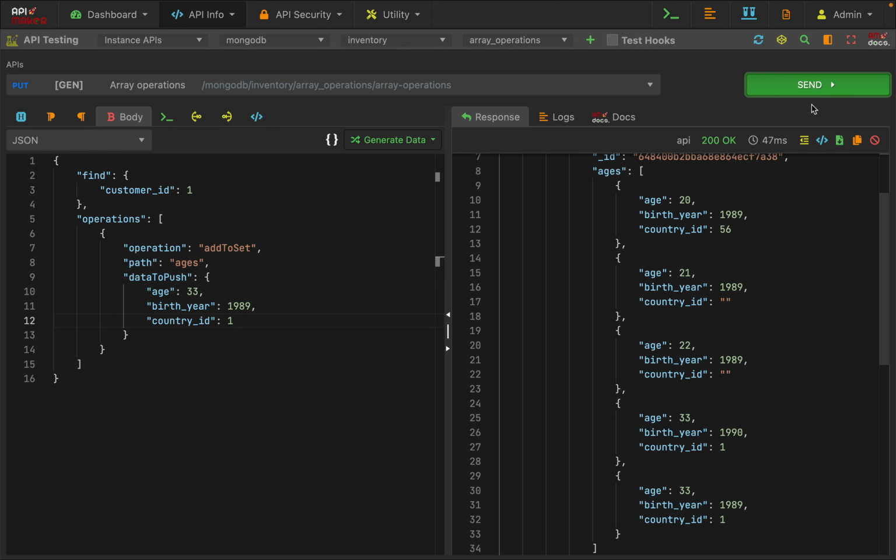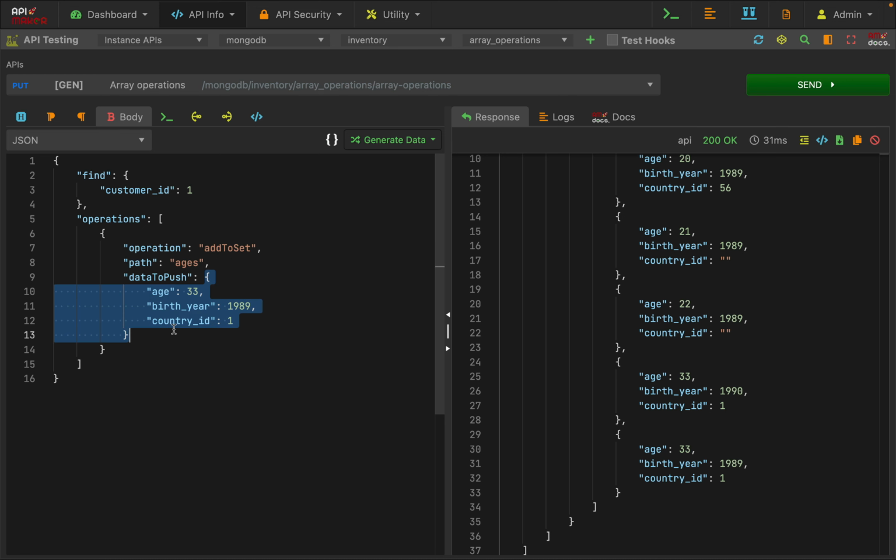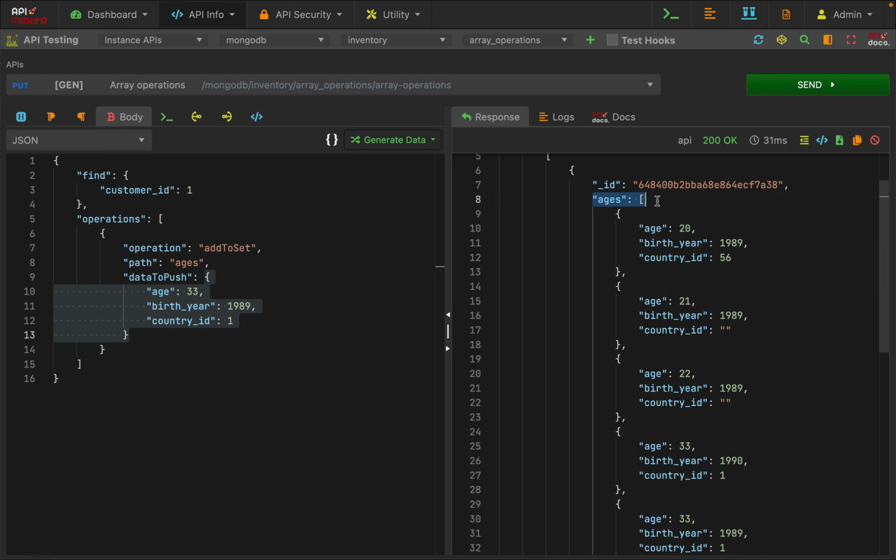Let's send it. It inserted this age. Now again send it, again send it. So AddToSet will perform the same push operation, but if the same object is already present in the array, it will